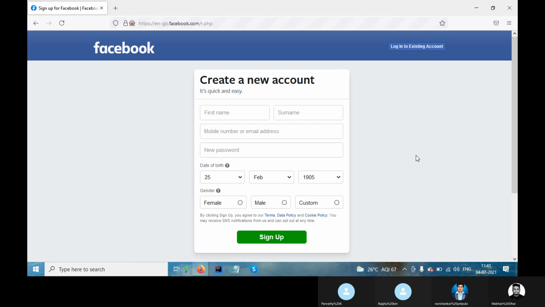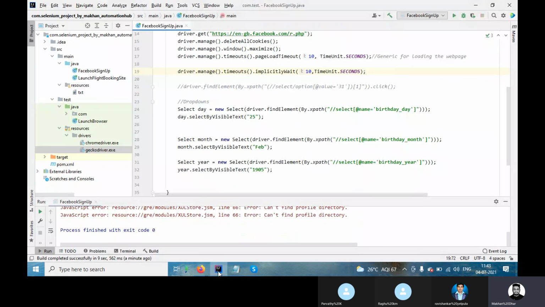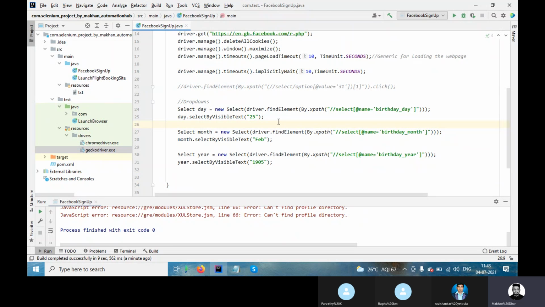Is it coming? Guys, any response? You can pass anything, but make sure the value does not come from your mind. It should be available here, then it will work. Otherwise, it will not work. So this is the easiest way to handle drop down things. Any question, or you didn't understand? Please let me know now so that I can move to another topic.